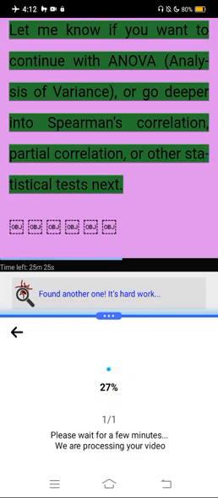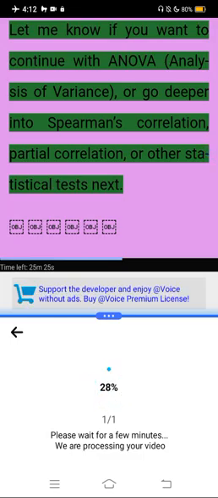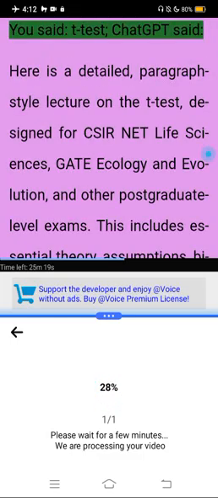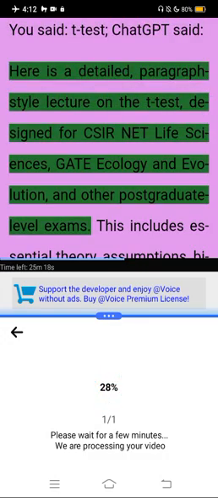Let me know if you want to continue with ANOVA, analysis of variance, or go deeper into Spearman's correlation, partial correlation, or other statistical tests next. You said: t-test. ChatGPT said: